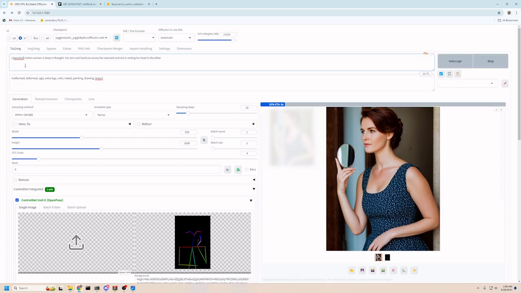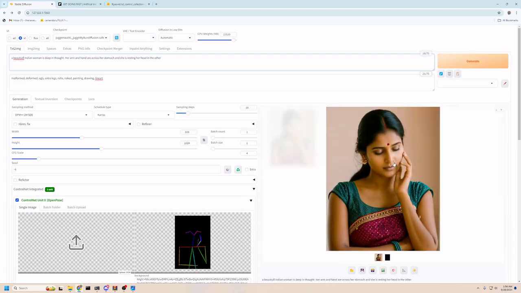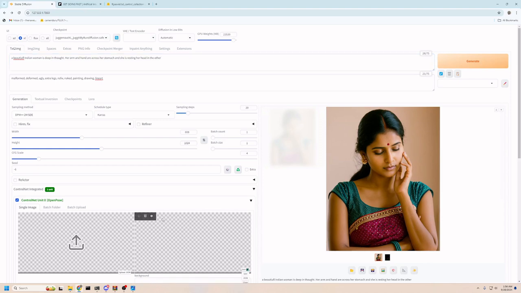Okay, and let's see. So we're going to probe it in there. It sends us in there. Yeah, there you go. That's beautiful, isn't it? And it got it very good. So that was using the JSON. Now, these are our best bets. Now, sometimes what happens is we get a picture